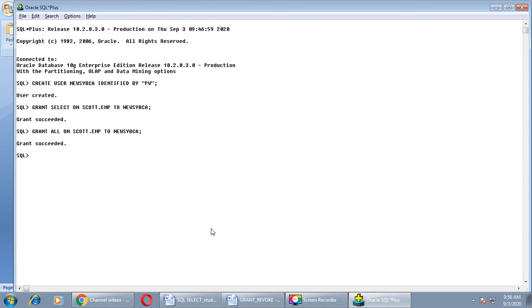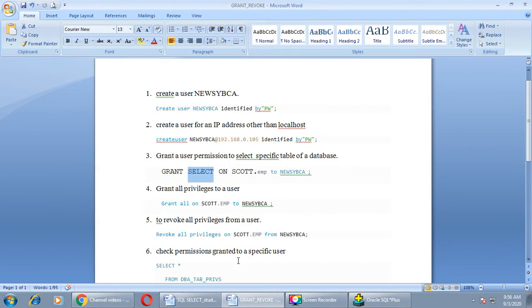Till now what we have done, we have created one user with name new SYBCA and password PW. Then we granted all the privileges to this particular user. Now next is to revoke all privileges from this user. We can take back all the privileges applied to this new user by giving a revoke command.